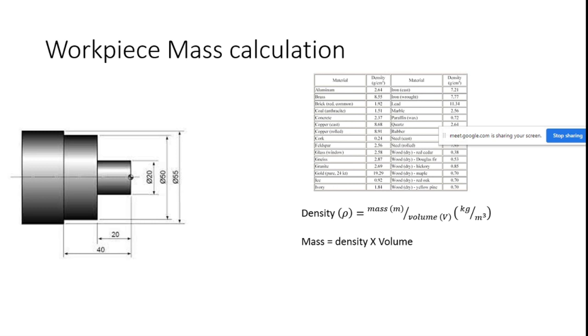From this the operator calculates the mass requirement and the weight requirement. If he multiplies that weight by the cost, he can calculate the cost also. If 1 kg of aluminum costs 600, I can get the cost of 10 kg of aluminum, and also I can calculate the mass value and the weight value with these density values. So this is also important for every engineering person.